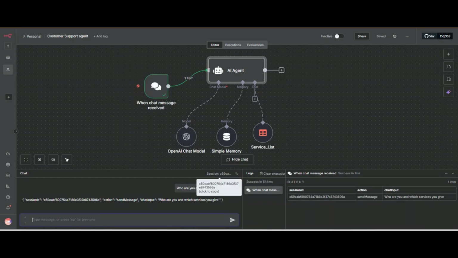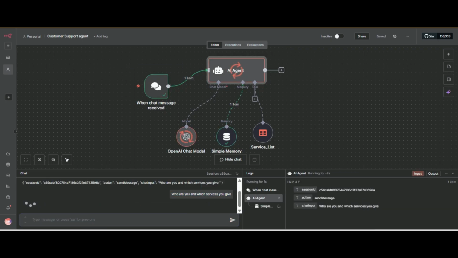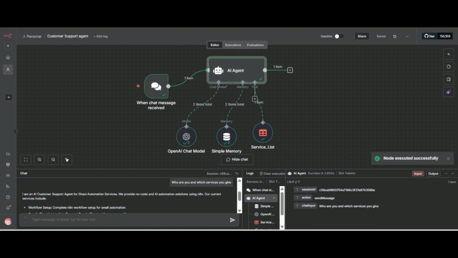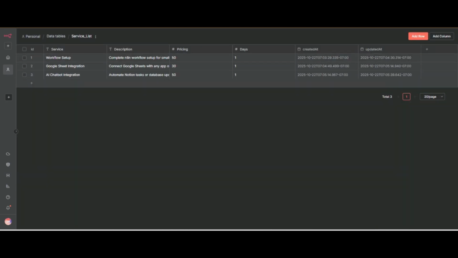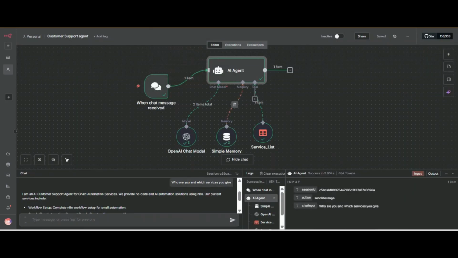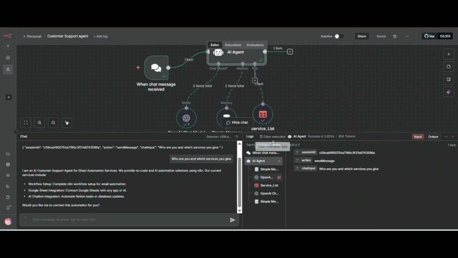Again I will ask the question: who are you and which services do you give? Now this time it will give the answer using our data table. The data table is here and all the information is here. It also uses simple memory, like you can see, it uses all the tools and all the nodes.